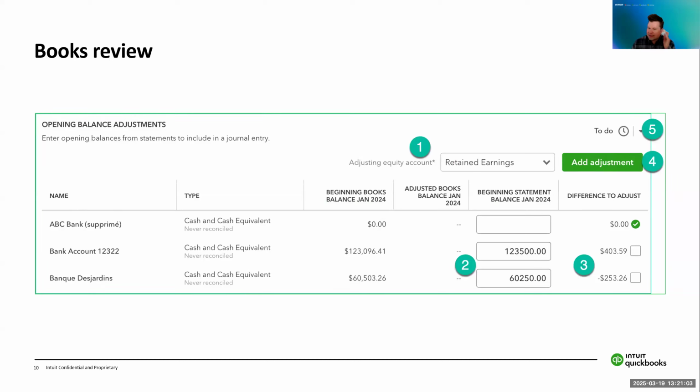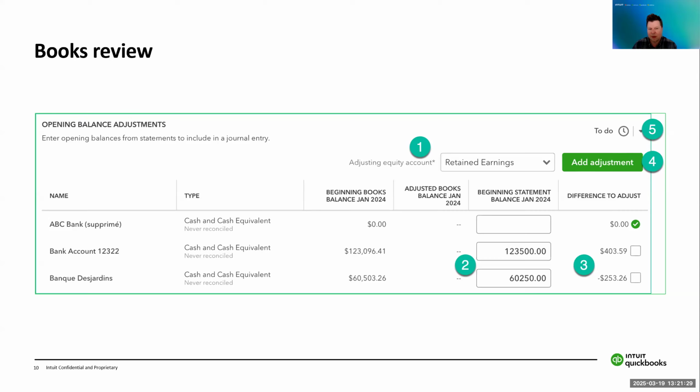Okay, so going through the setup tab, what that allows you to do is quickly adjust the opening account balances for your clients. Oftentimes we get clients that have had their books somewhere else. They've got an existing company, so you have to enter those opening balances. That's what you can do through the setup tab.